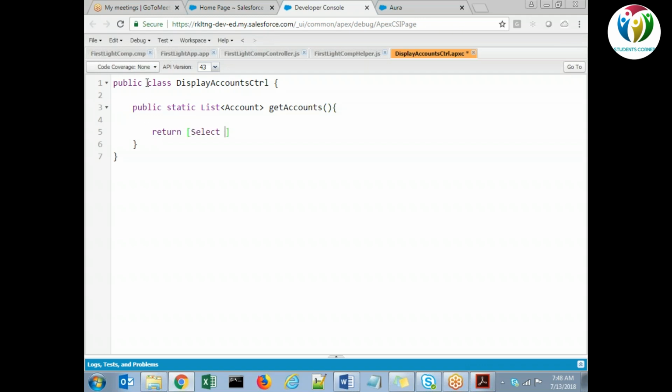Is it compulsory to use the get keyword there, Naresh? No, it's just a method name. You can put any name.